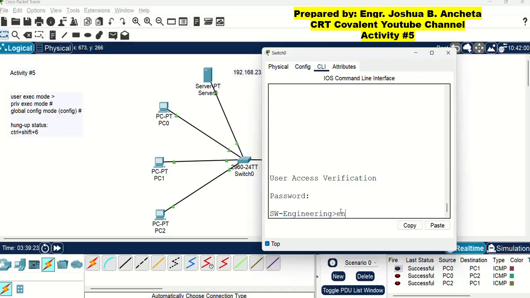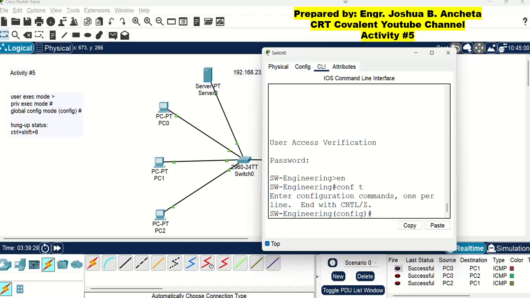So type enable or en, then type conft, then let us type the command enable secret. This is the command to put a password to enter the privilege executive mode. After the word secret, then space, enter your desired password.